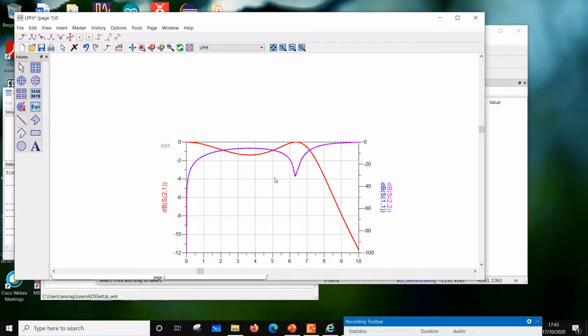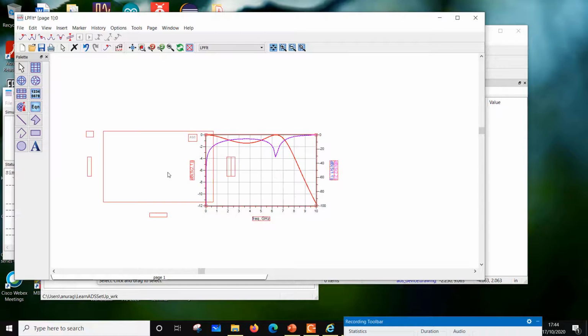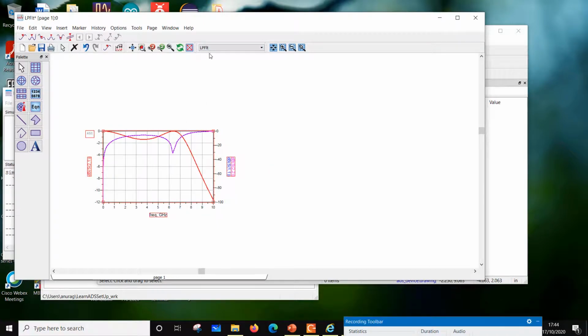So for example, I have the data, and the data is stored in this data set, LPFLT. And this is the same name as the name of the design. Usually it is the same name. So if there are more data sets available, you can plot from that data set. So data sets is different from data display window. Data display window is just the template. It just has the graphs, but the data actually comes from data sets. So my simulation has put the data in this data set, and I'm reading from there.